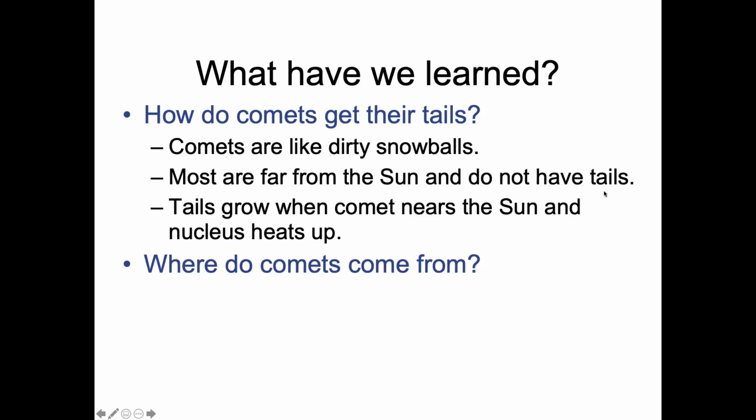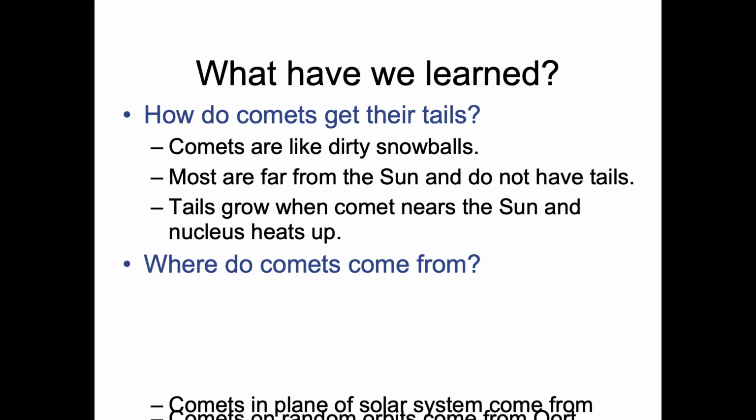So how do comets get their tails? Well, they are essentially giant chunks of ice that have formed around tiny microscopic particles of rock and metal. They heat up and evaporate. When that happens, the sun's radiation and the solar wind push on that little coma, that atmosphere, and give comets their tails. But again, most comets are very far from the sun, so they stay perpetually cold and do not have tails.